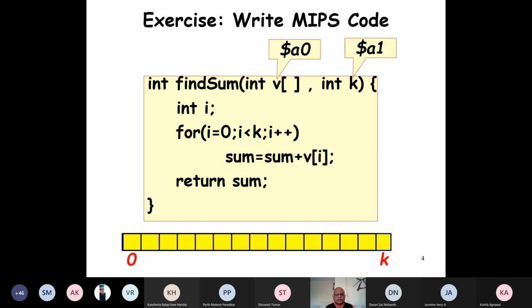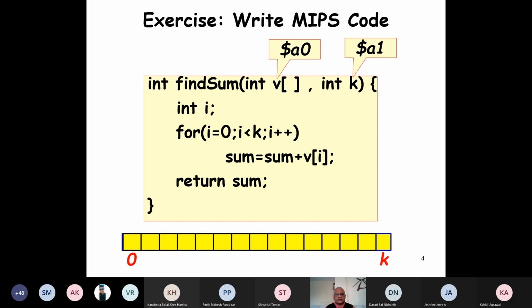Here the address of the array is in register A0 and the number of elements that we want to add is there in the argument K, which is in the A1 register.